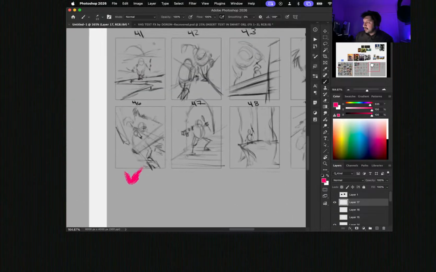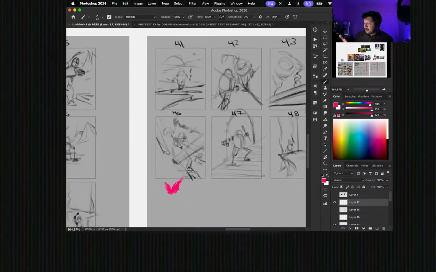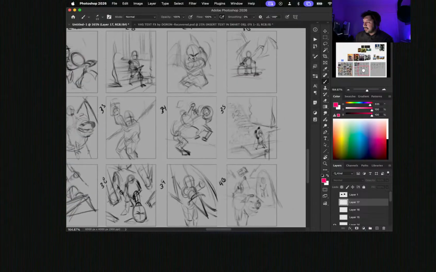And this one, I don't even know what's going on in this one, number 46, but I see these lines and then I see the guy and it looks interesting. It looks dynamic, like something dynamic is happening, but I don't know what it is. So if you know what that is, that's great. I can't actually tell what's going on, but it does look interesting. And then